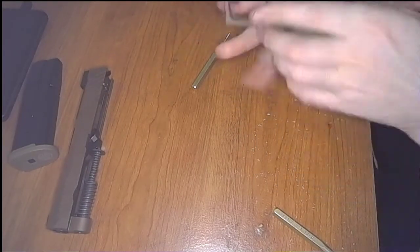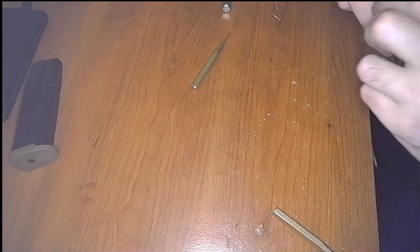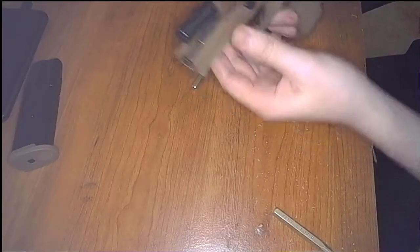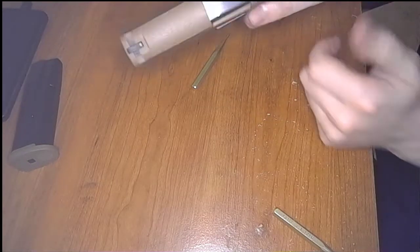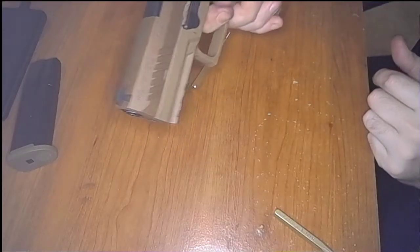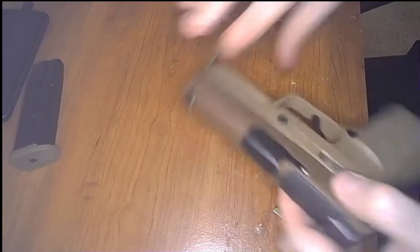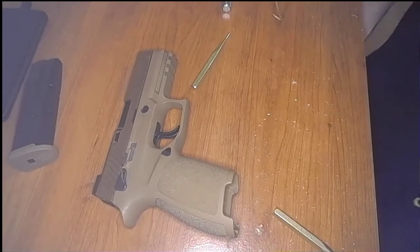Rotate this back. Take your slide, pull it to the rear, put that forward, function check. Safety on, function check. Safety off. And that is a complete takedown of the M18,